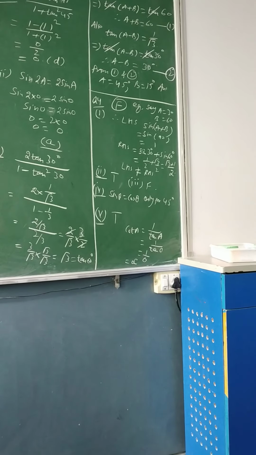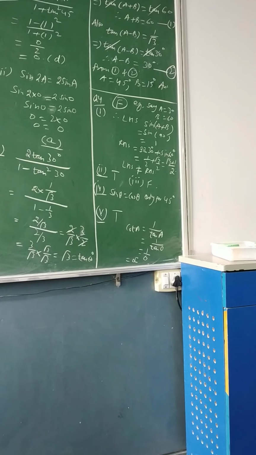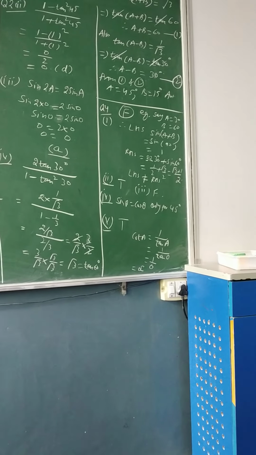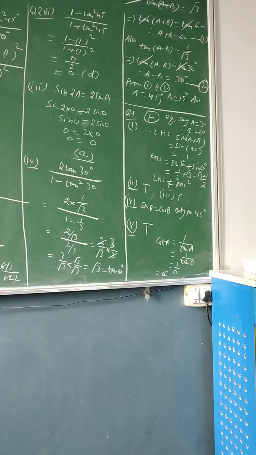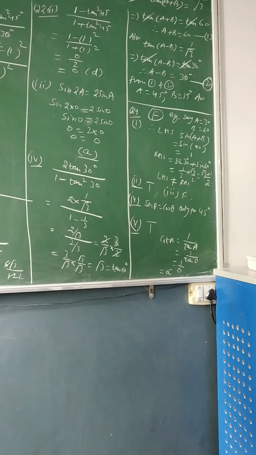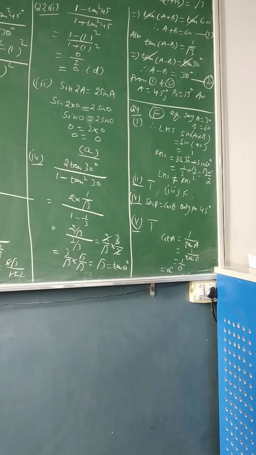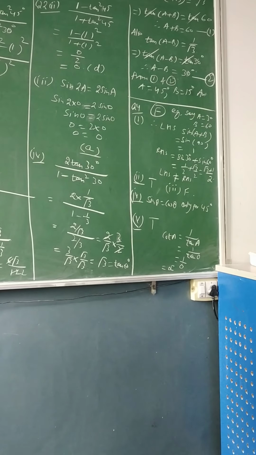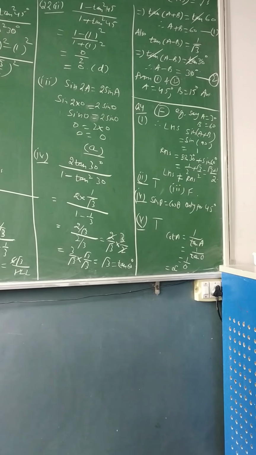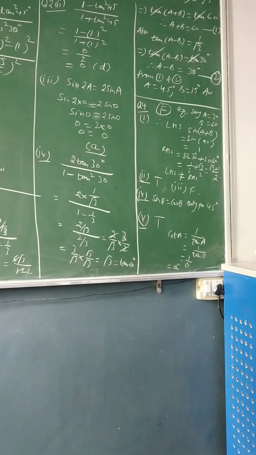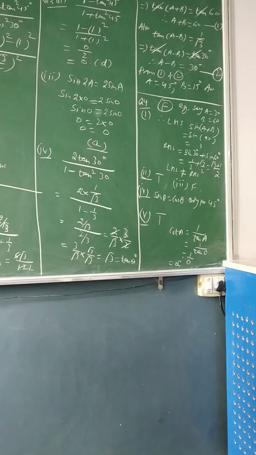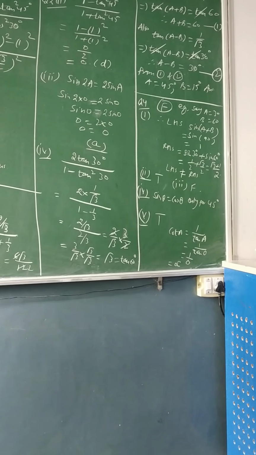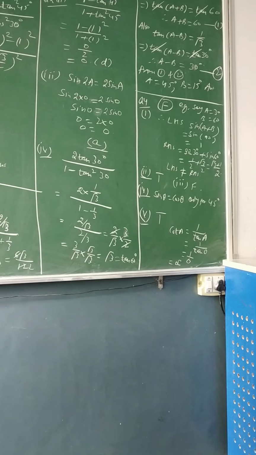Then the second part is the value of sin theta increases as theta increases. This is true. You can see in your table, if you see sin 0 then sin 30, theta is increasing. 0 is 0, then 30 is 1 upon 2. Then again you move towards 45, it is 1 upon root 2, and so on. So as you move from 0 to 90 degrees, theta is increasing.